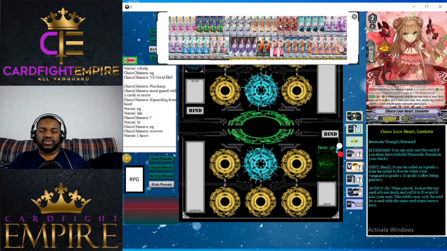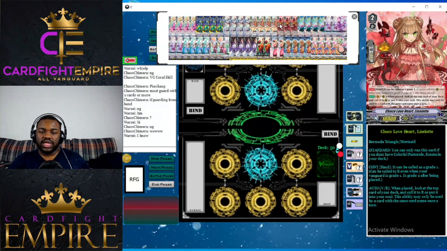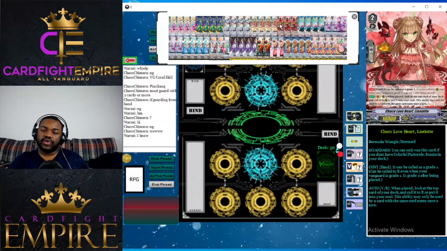Then rounding out our grade 2 lineup, we have 3 Choco Love Heart Lieselot. Lieselot, we talk about this in mostly all of our Bermuda decks, but it has a continuous hand ability that says it can be called as grade 1, so it can be called to Rearguard even when your Vanguard is grade 1, meaning that you can rush your opponent really easily with it between this and the second skill, which is Vanguard Rearguard. When placed, look at the top card of your deck and call it to Rearguard or put